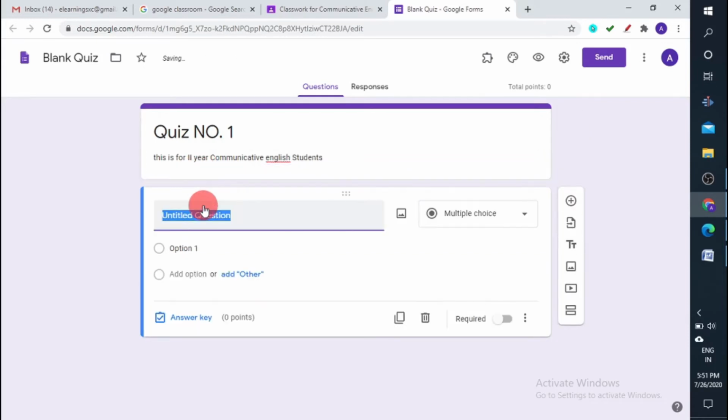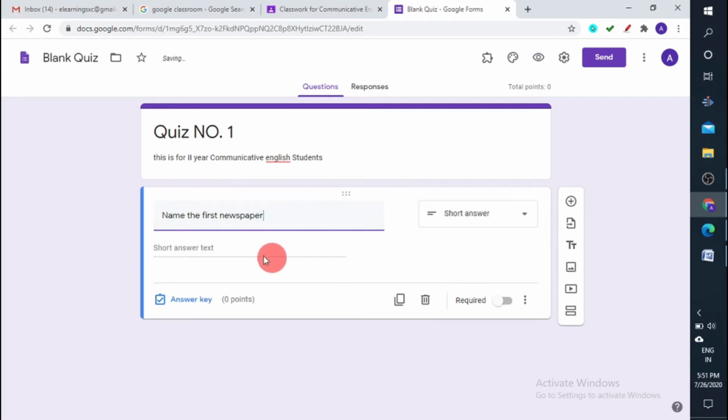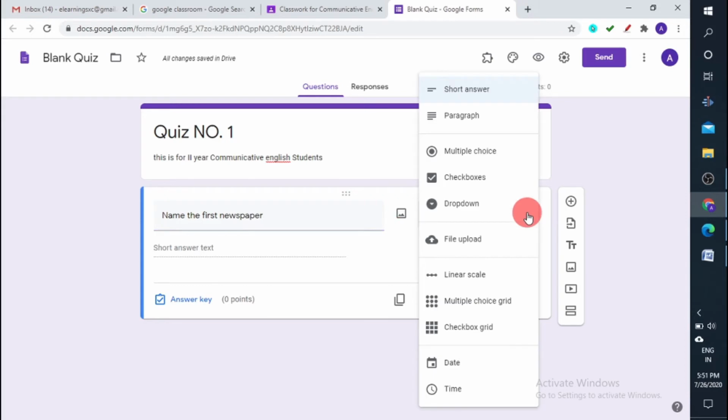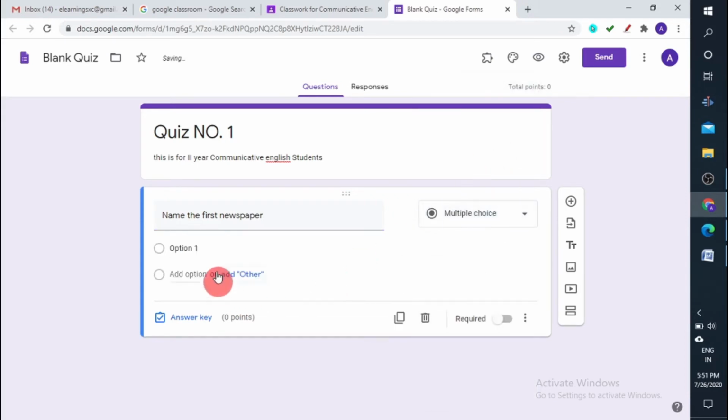Then I can type: Name the first newspaper in India. I have plenty of options here. I'm just giving multiple choice.